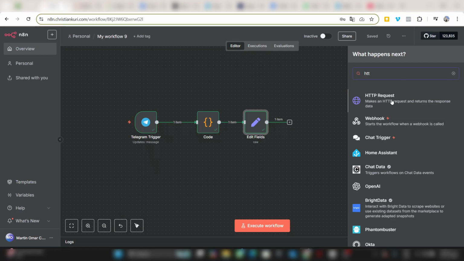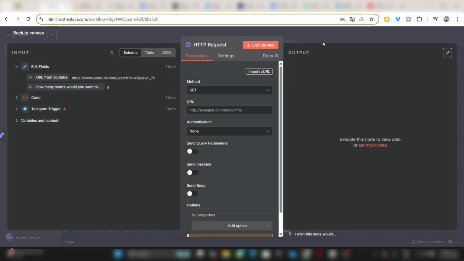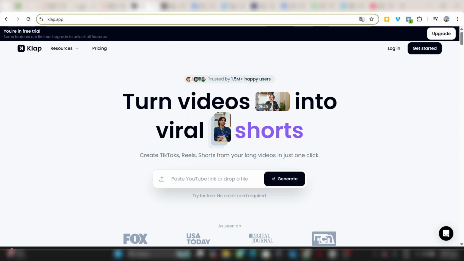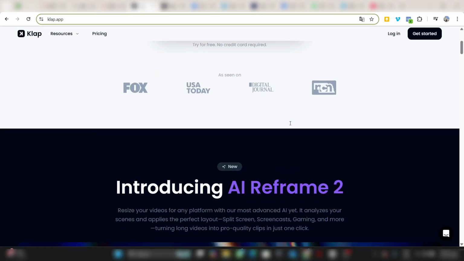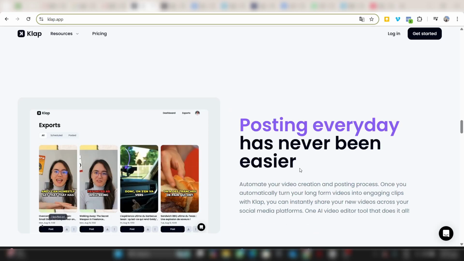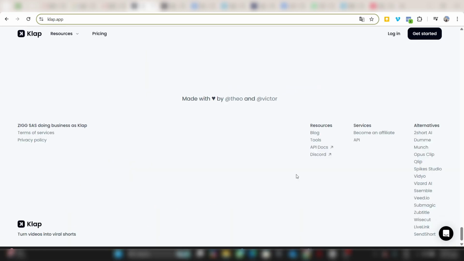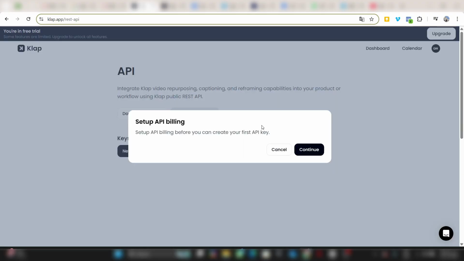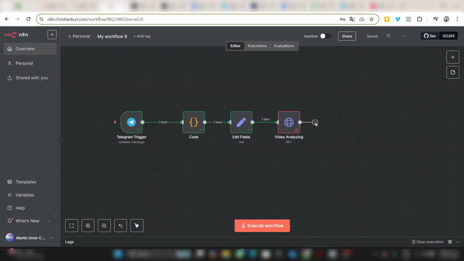For that, we are going to use an HTTP request node and we are going to call it as follows. The website or application that we're going to be using to create our clips is the following. Its name is Klap, and what we need from this site is our clip API. So we can come to the bottom of the page and search for API. Before proceeding, you need to add a payment method to get your API. Once you have your API generated, and you have added a payment method to Klap,